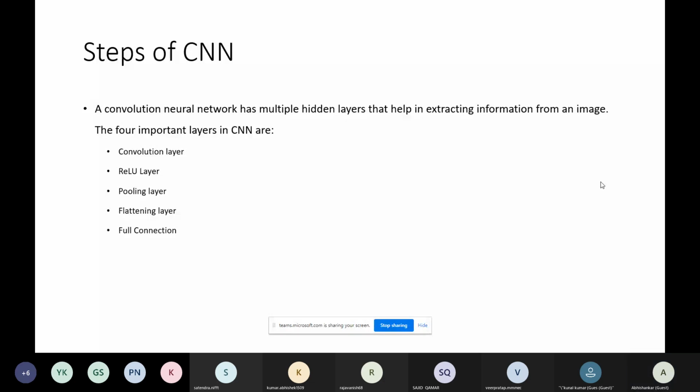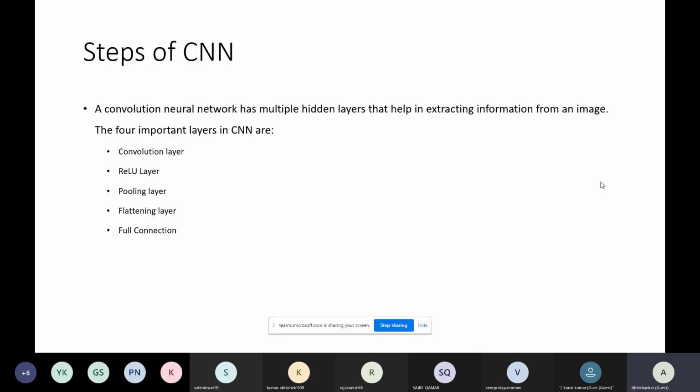In CNN, this processing happens in 4 stages. One is called the convolution layer, where the convolution operation happens, and what convolution means we are going to see in the next slide. Another is called the ReLU layer. All the negative parts that the convolution layer has, they just convert into zero. Basically it is thresholding. And then the pooling layer and flattening layer will come. Today we are going to see only the convolution layer.